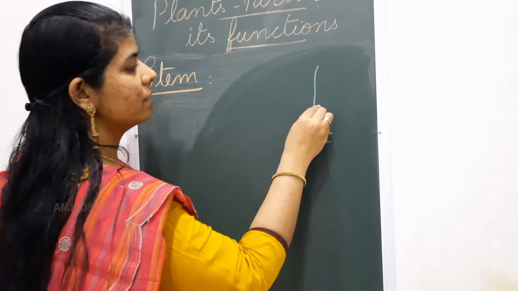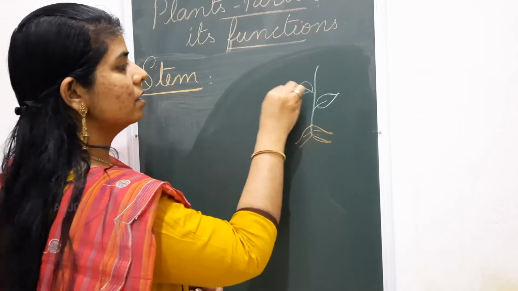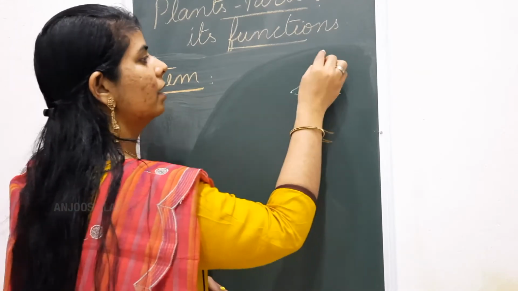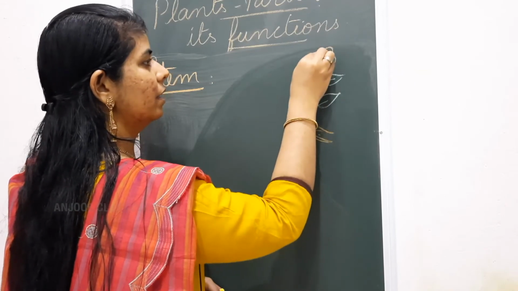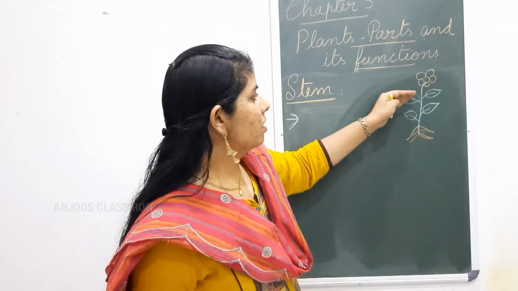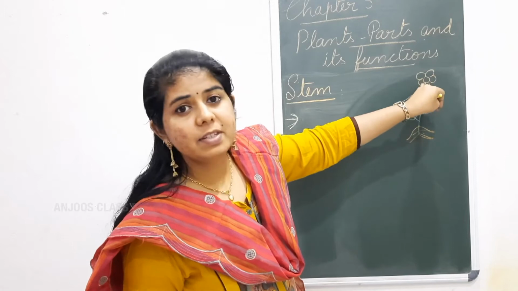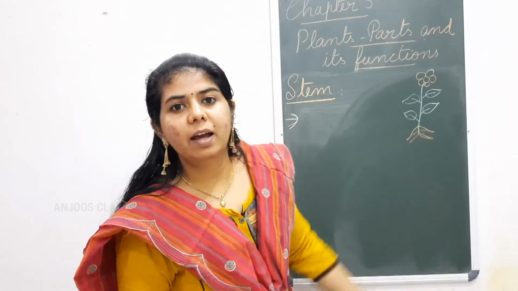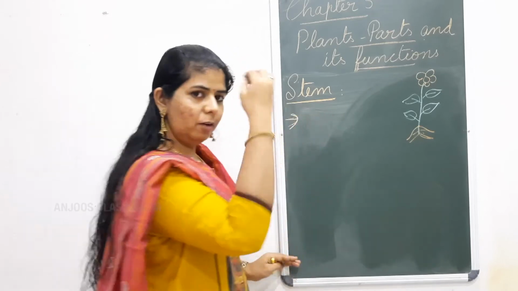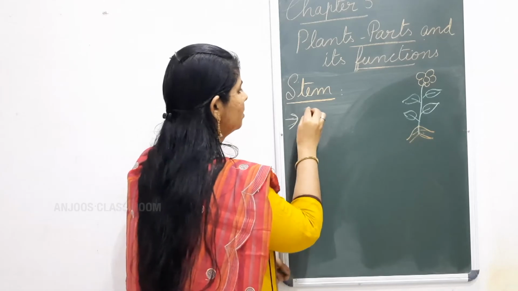Now here on the stem you can see the other parts attached to the stem. Isn't it? All the other parts are attached to the stem. So the first function, what is it? Stem holds the leaves, flowers, buds and fruits. So first function we can write down: stem. It is seen above the soil and the first function is stem holds the